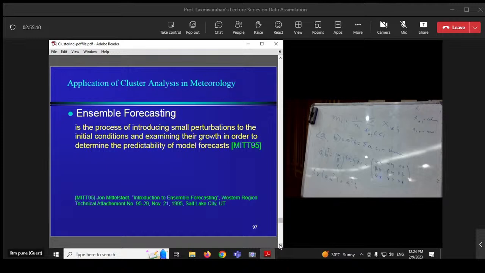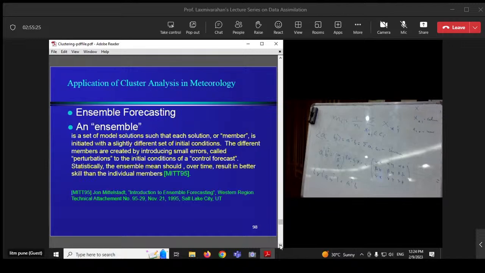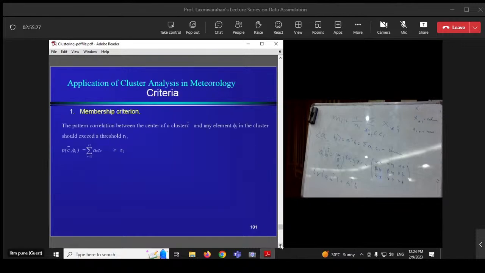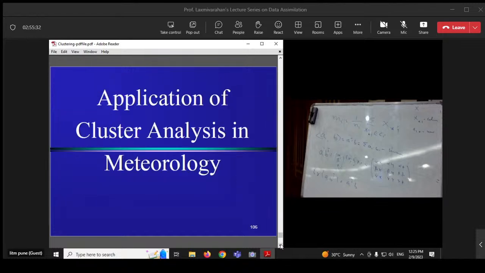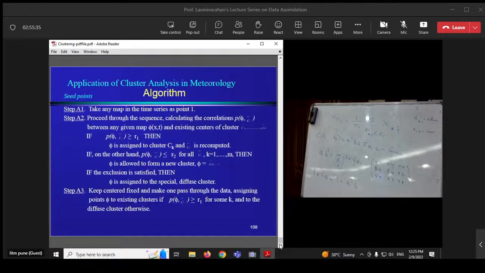When you create ensembles, I want to be able to see how I can use an ensemble based on the same model. I can have an ensemble based on multi-models. We already talked about it. I don't want to waste your time on that. Applications to meteorology. These are things that we did about 12 years ago for Ahmed's thesis. And that completes my first